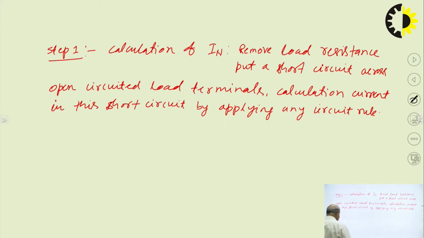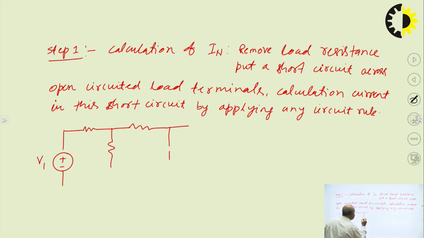So what happens in our circuit when we remove the load and put a short circuit? A short circuit is nothing but a conducting wire. Resistance or load is replaced by a conducting wire. That is the meaning of putting a short circuit. So how will our circuit look? Our circuit will look like this: here is our V1, then here is our R1, and here is our R2, here is R3, and here is the current source I1, and then a resistance R4, and we have the load terminals here.